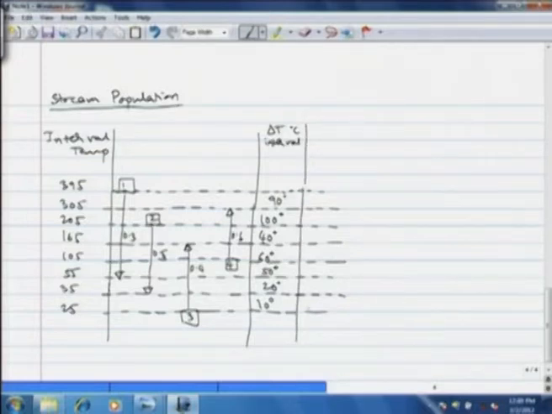Now, in each of the temperature interval, we have to calculate the sum of the heat capacity flow rates of cold stream minus the sum of heat capacity flow rates of hot streams, summation CPC minus summation CPH, and this is again megawatt per degree centigrade. So here in the first interval there is only stream 1. So it has a heat capacity of 0.3, but it is hot stream, so minus 0.3.